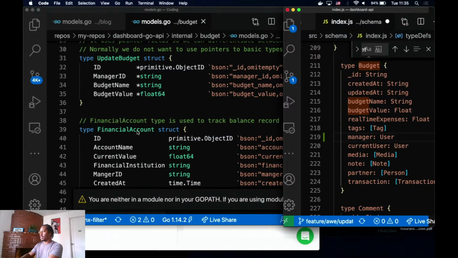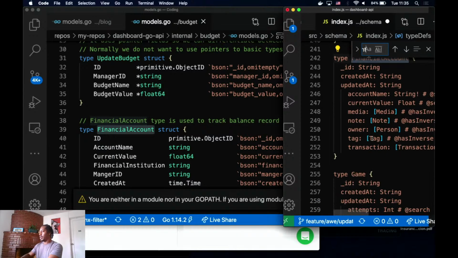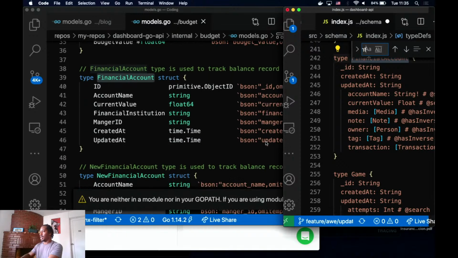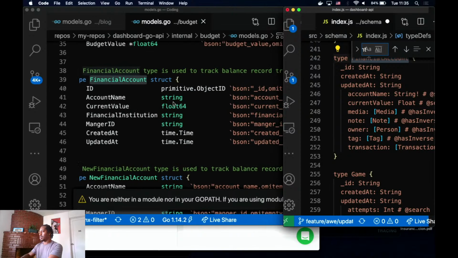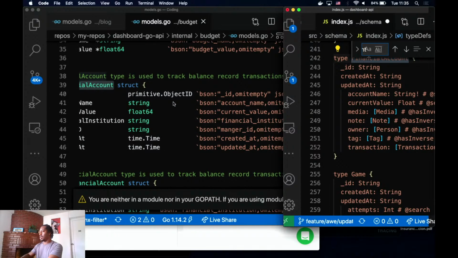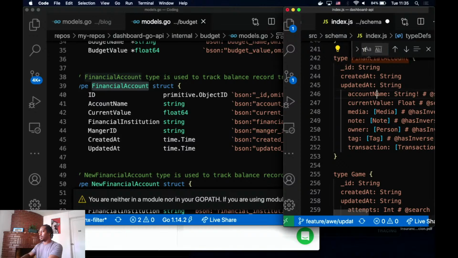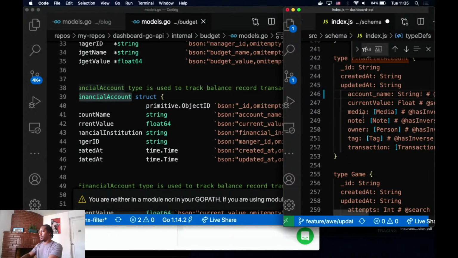All right. Financial account. Need to define a financial account. All right. ID, account name. Why'd I do that? Current value.